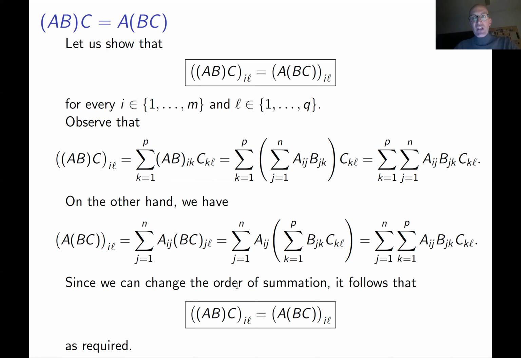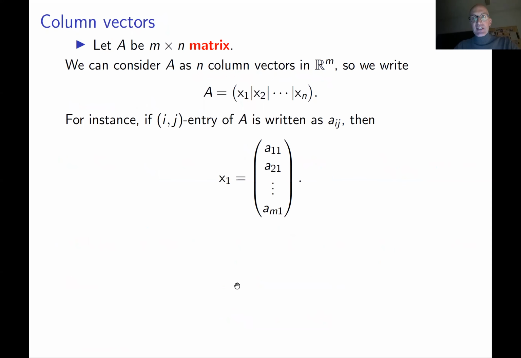Okay, now let me describe one very important observation about how one can look at a matrix. You have an m times n matrix, yeah. So you can always look at this matrix as a collection of n columns. Where do these columns live? They live in Rm, yeah, because each of these columns has m entries. So this is an ordered list of m real numbers. So this is an element of Rm.